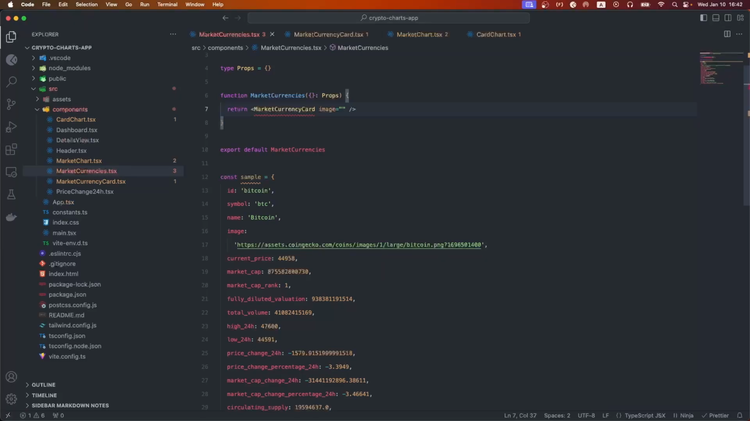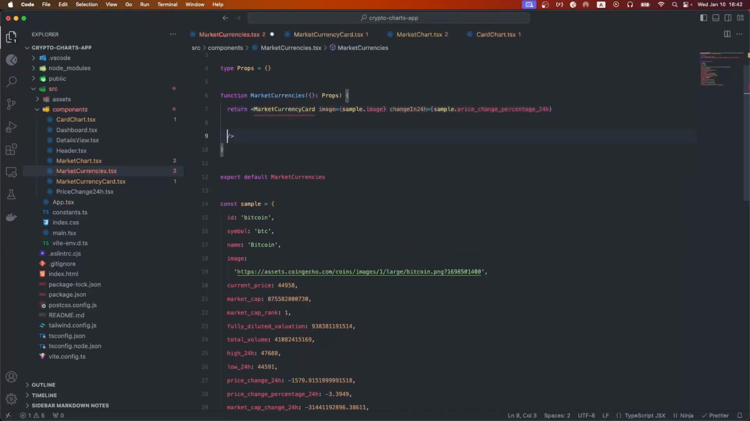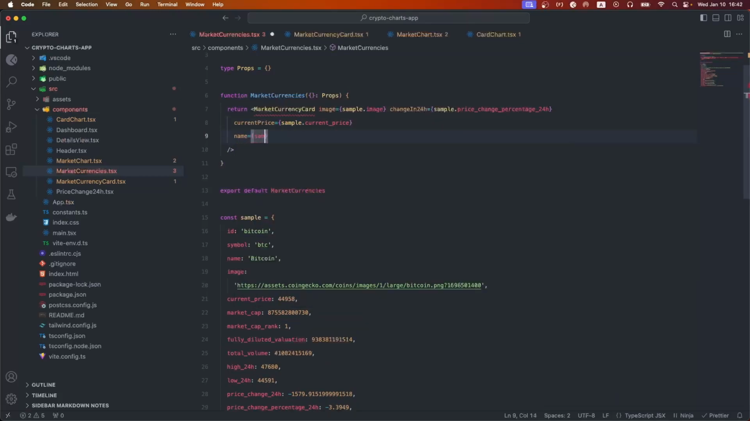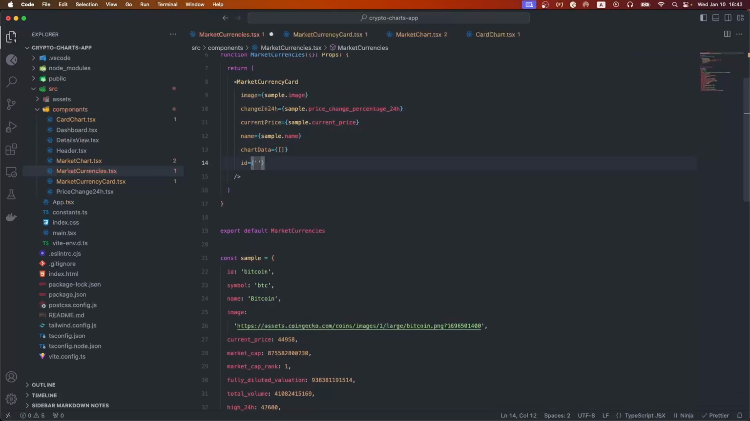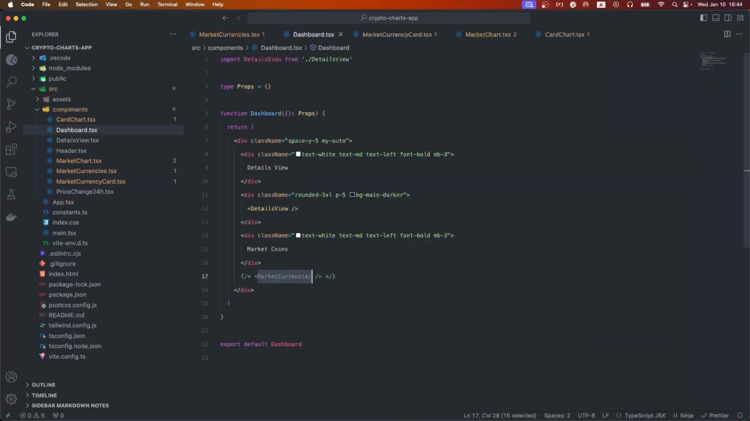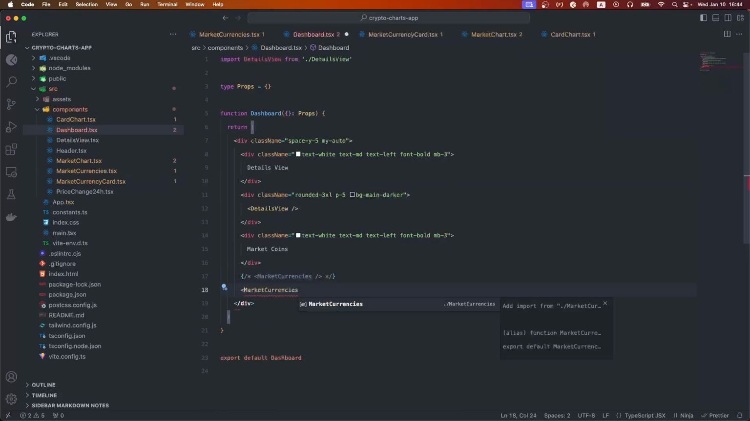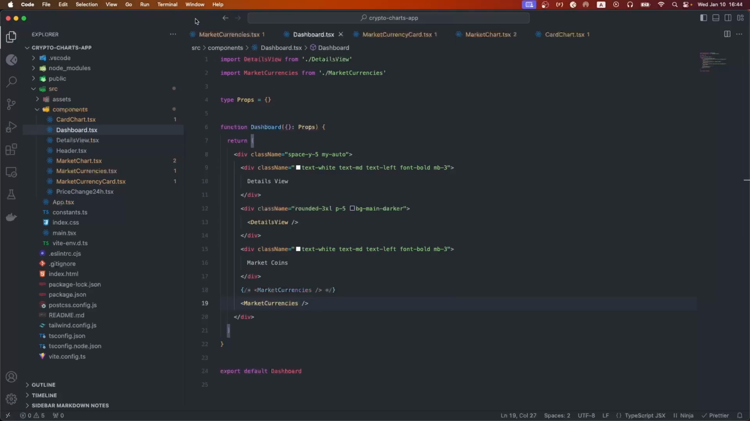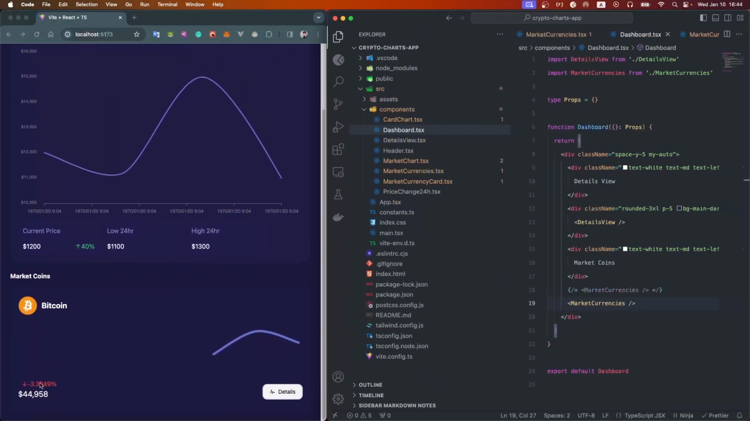All right, now let's fill out the props. Now we also need to add the market currencies to our dashboard section. So here. So now let's take a look at our app. So this is going to be our card. As you can see, we are also going to have a minimal looking chart with each card inside the currencies